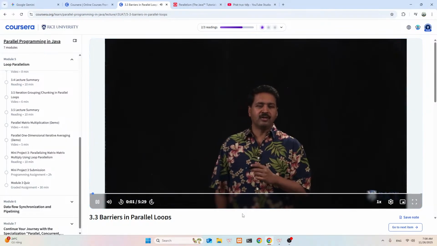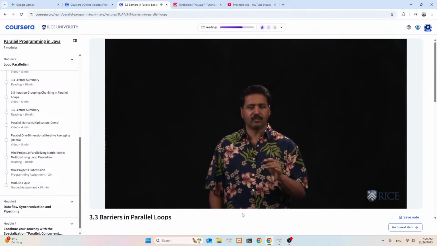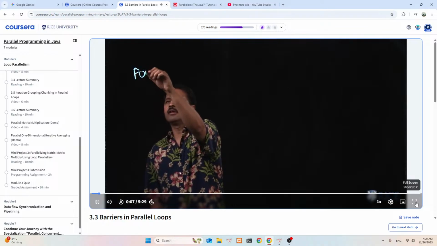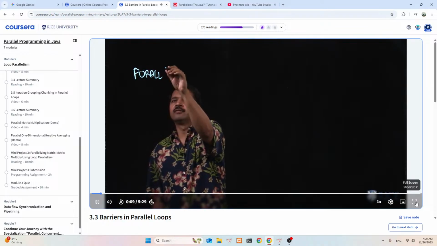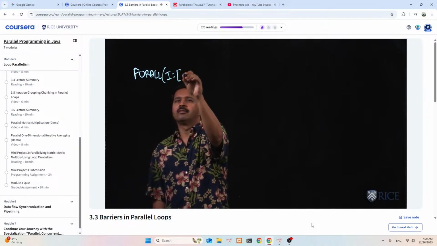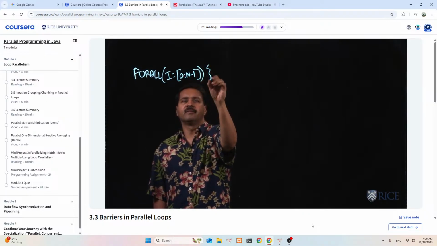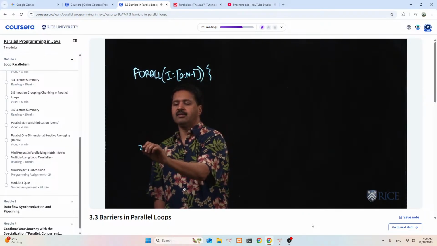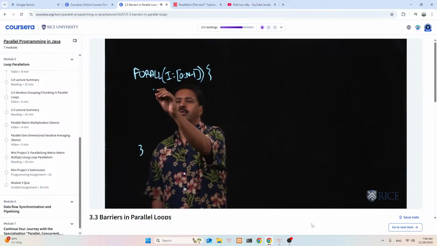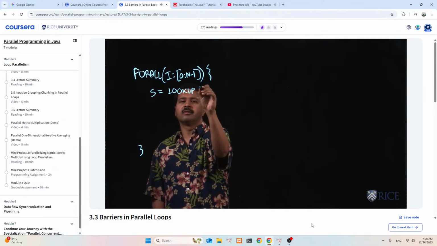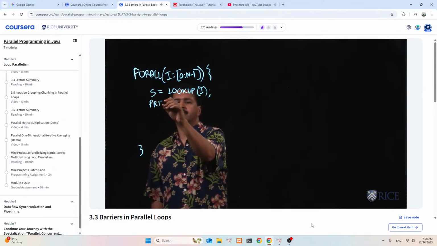Let us now do a deeper dive into forall loops with a very simple example. Suppose we had a forall that looked like this, i going from 0 to n minus 1, and inside the forall we did some lookup of a string s based on i, and then we printed